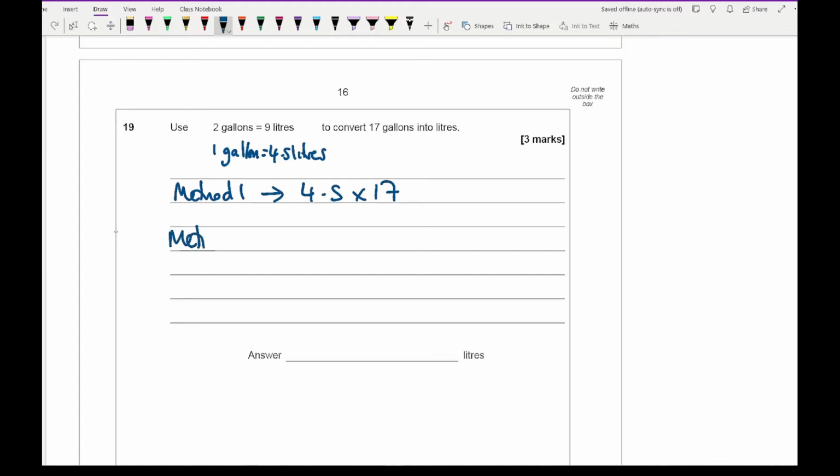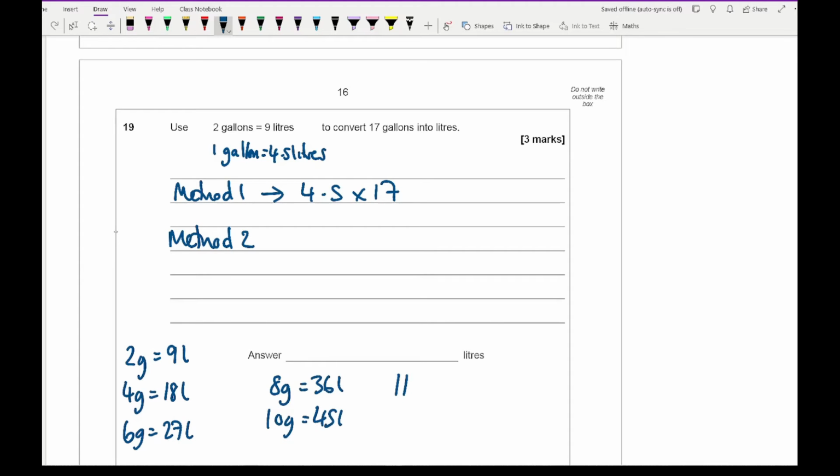Or for method 2, what you could work out is that 2 gallons equals 9 litres, so 4 gallons is going to equal 18 litres, 6 gallons is going to equal 27 litres, and again just going through the 9 times table and the 2 times table, so 8 gallons equals 36, 10 gallons equals 45 litres, 12 gallons equals 54 litres, 14 gallons equals 63 litres, 16 gallons equals 72 litres, and then from the 16 all they need to do